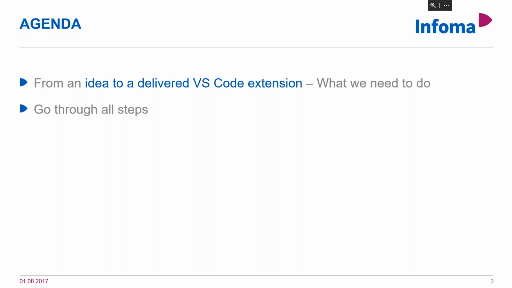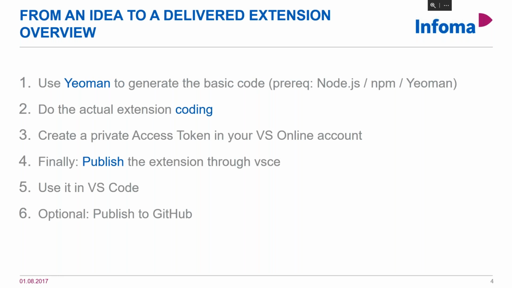Okay, what we're going to do is I'll show you how you can get from an idea for a VS Code extension to an actually delivered VS Code extension. What do we need to do? How do we need to do it? Not so much why we are going to do that. What I mean with that is that I'll explain the basic idea, but I want to focus mainly on how you get things done, what you need to do, what you need to run, and not so much the actual extension, because that's not going to do too much. What I want to do is also go through all the steps and show you a bit of the, so to speak, theory in the beginning and then actually do them.